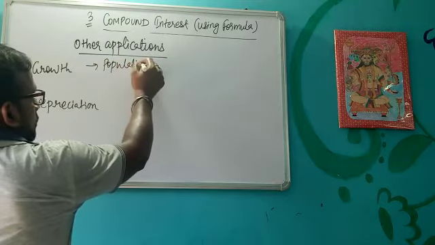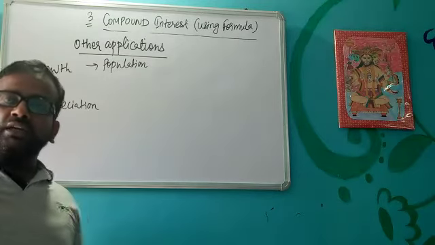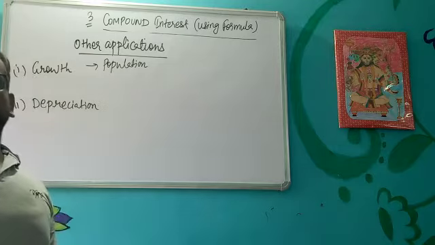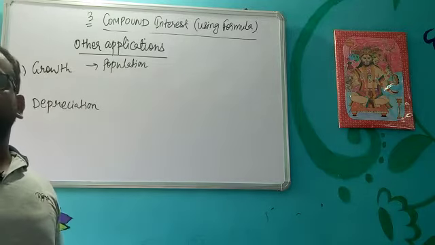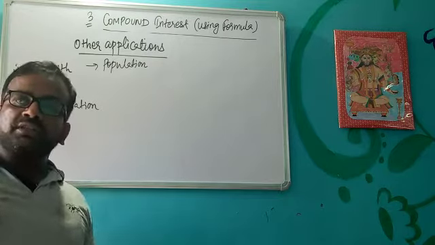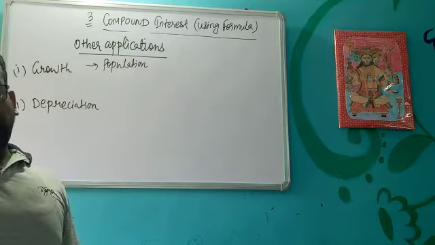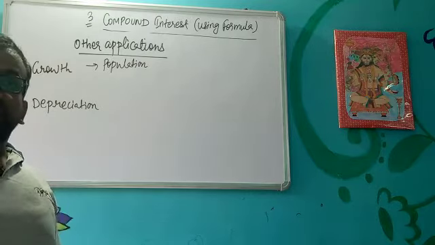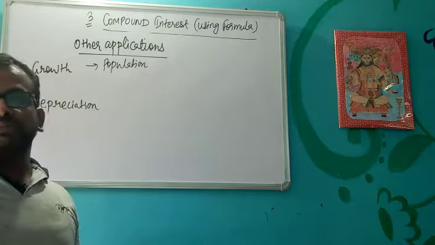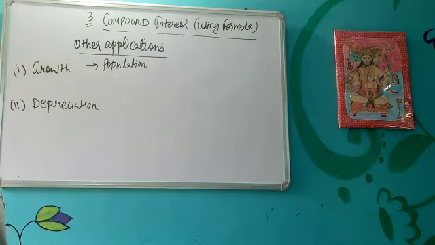We know that if the population of this year is 1 lakh, and in the next year there is 10% growth, the population will increase by 10%. So in the next year the population becomes 1 lakh 10,000. Similarly, if the growth rate is 10%, then in the next year it will again increase by 10%, that is 1 lakh 10,000 plus 10% of 1 lakh 10,000, that is 11,000. So like this the population is increasing, or we can say the population is compounding.